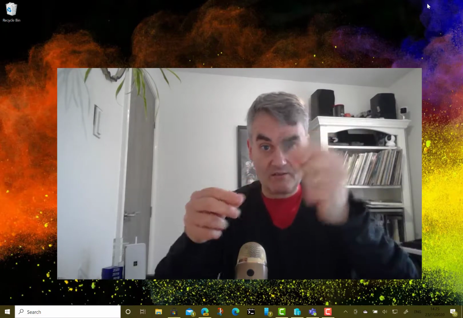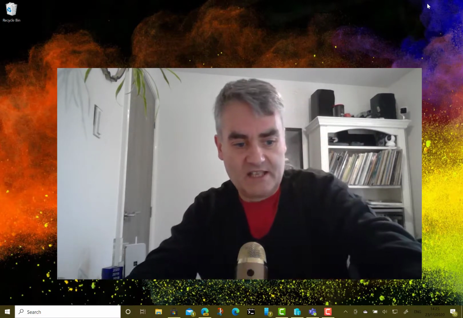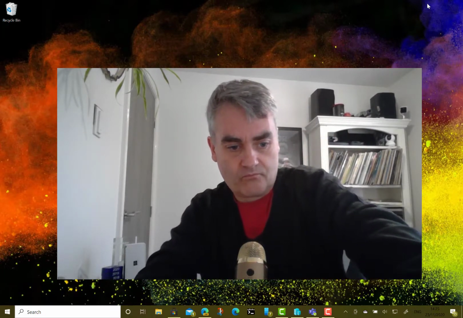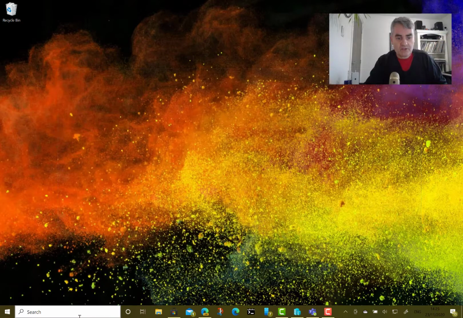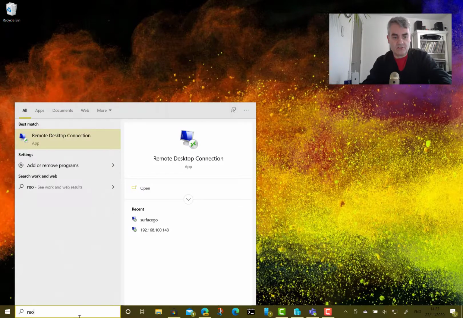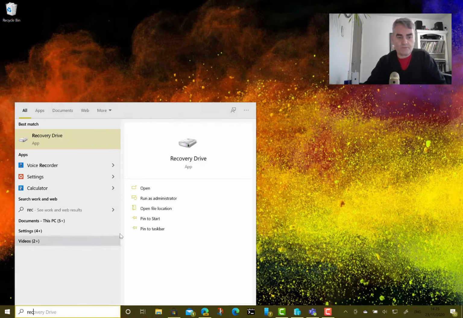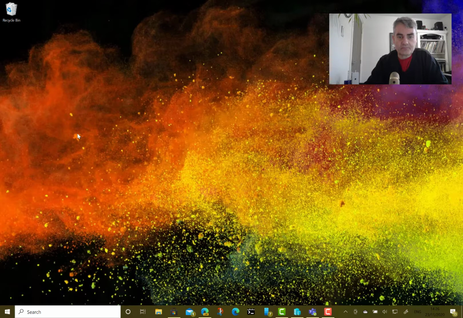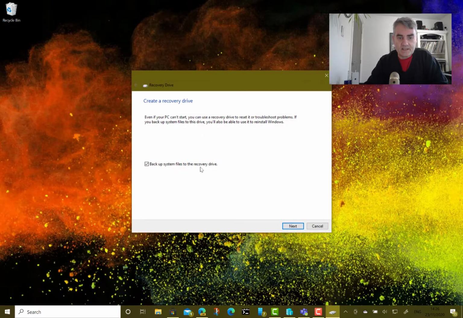So all you need is this USB stick, which I'll stick into my machine now. And we need the recovery toolkit. You can just type recovery in the search box there, go to recovery drive, say yes. You can choose to back up the system files, but if we're doing this on a machine